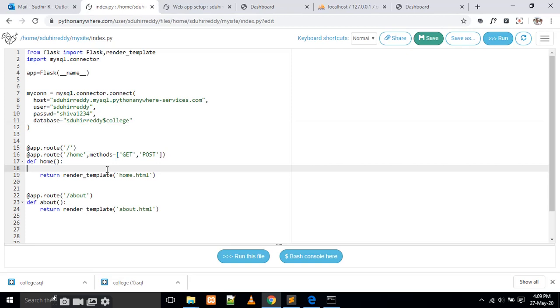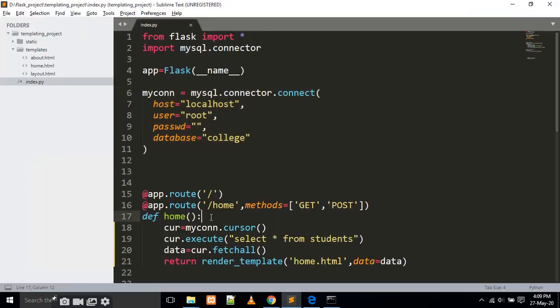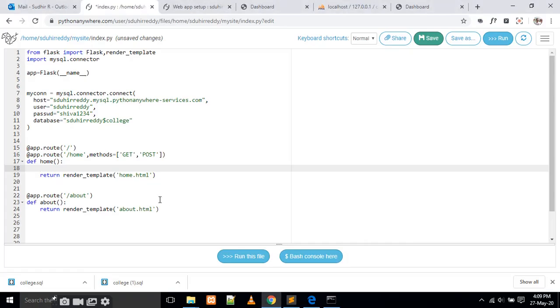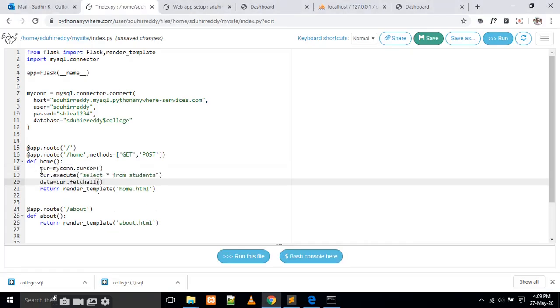I am going to write some code here. What is that code? I am going to create one cursor, and fetch all the data. I am going to create some cursor. I am getting here data is equal to data.